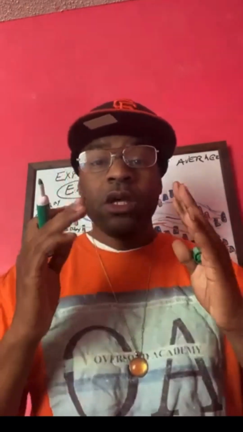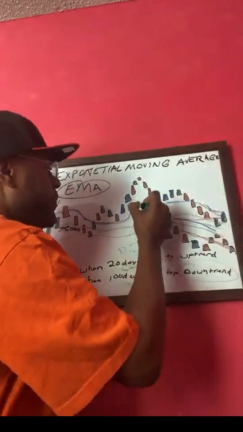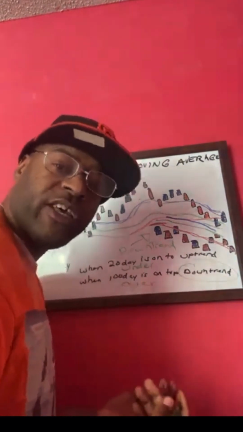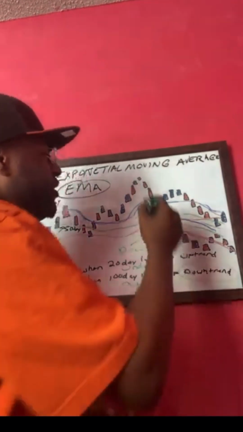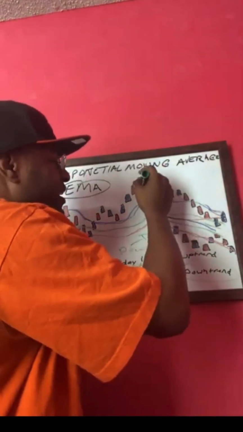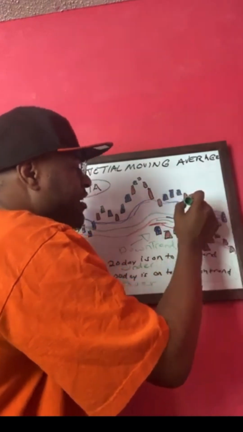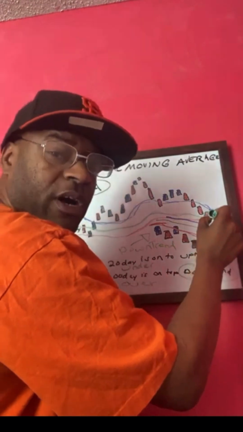You understand? Now, when you're in an uptrend and your 20-day is on top of both your 50-day and your 100-day, you with me? It's typically going to be under price. You understand? Like right here, it's under price. Now, this is further confirmation of an uptrend, the fact that it's a strong uptrend. Now, even if it pulls back to this line, so meaning even if it goes down a little bit, even if it goes down all the way, even up to here,